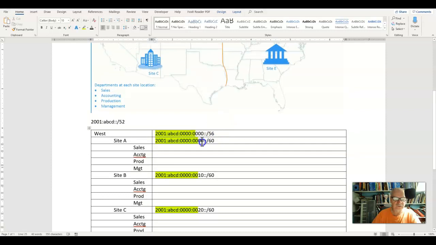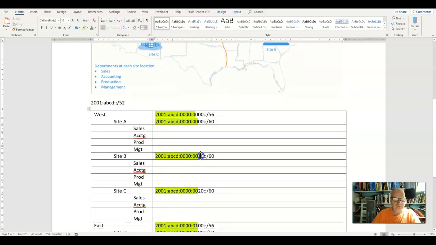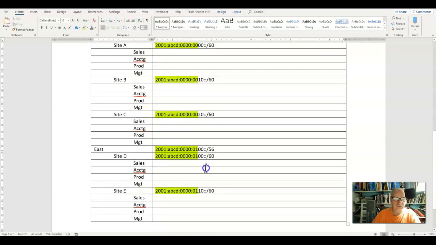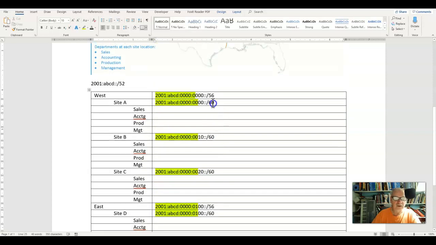I've got 0000, 0010, 0020, and then I've got 0100 and 0110. So the next one, I'm going to go out another 4 bits to a /64.